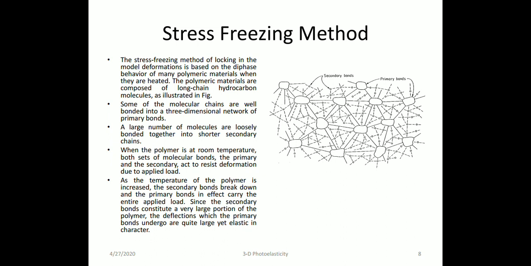Okay, some molecular chains that are well bonded, we call those primary bonds. There will be a large number of molecules that are loosely bonded, we call those secondary bonds, right? When a polymer is at room temperature, both sets of these molecular bonds will